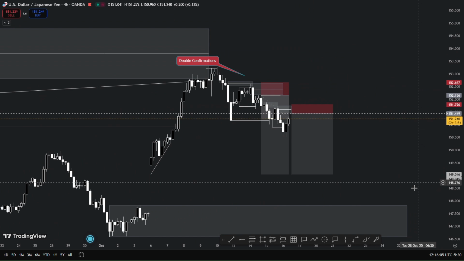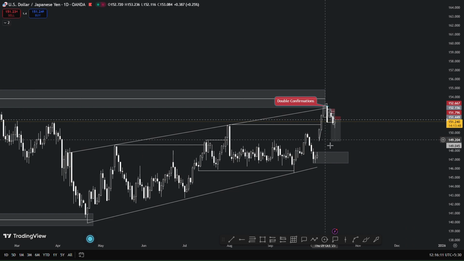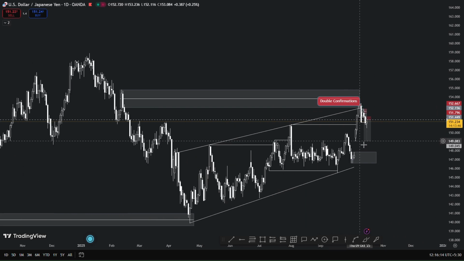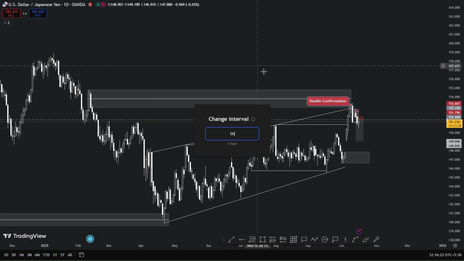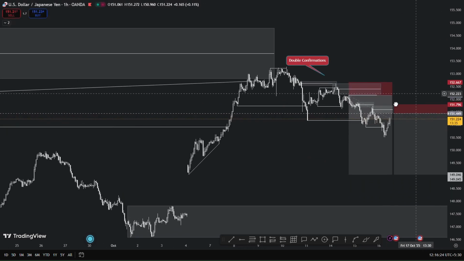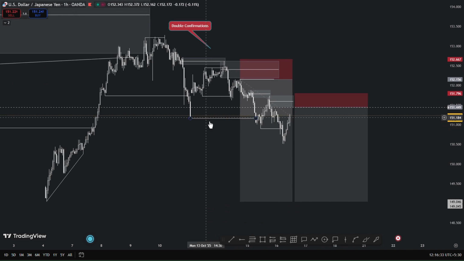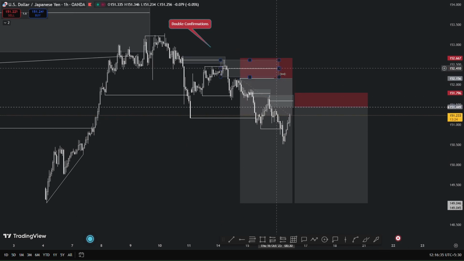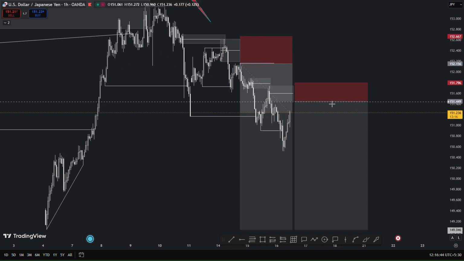As for USD JPY, I was expecting the market to give a pullback after this bullish momentum towards the upside. It tapped the daily supply and gave an H1 fractal break toward the downside. I didn't take my entry here. My entry was just here, and it again gave a break of structure. So it didn't tap the zone, this one zone just slightly below, but after respecting this supply,